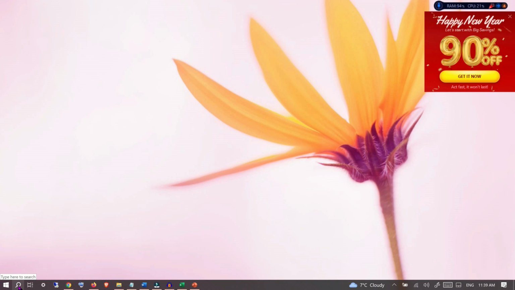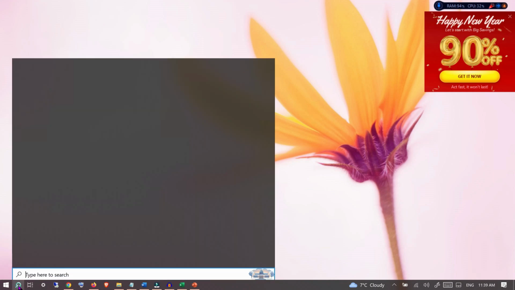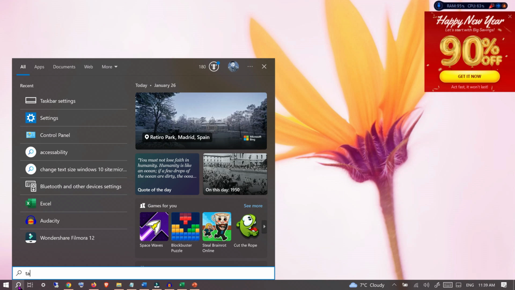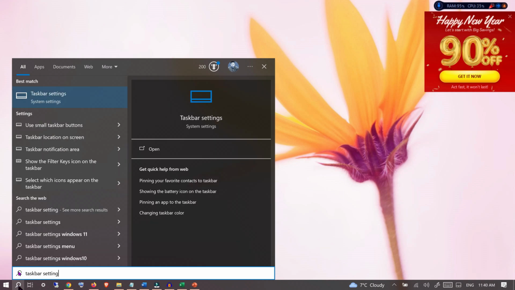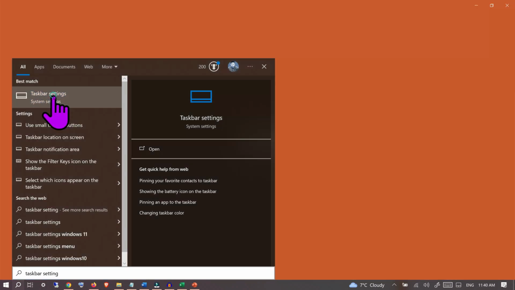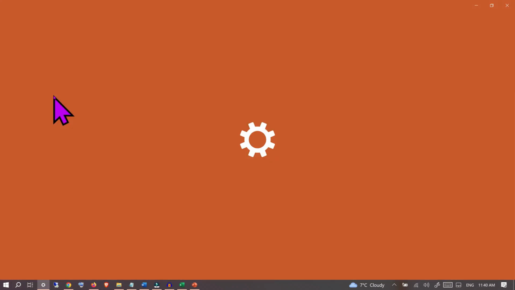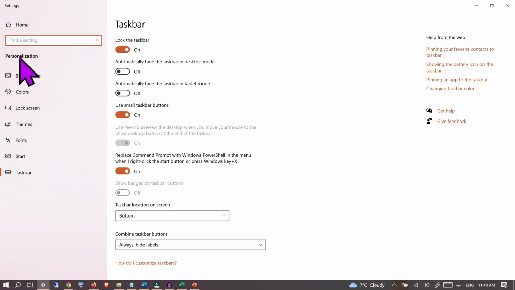So for this, click on the search icon and type taskbar settings and click on the taskbar settings, and in the settings you will see the taskbar. Click on that, and here you need to turn on use small taskbar buttons,